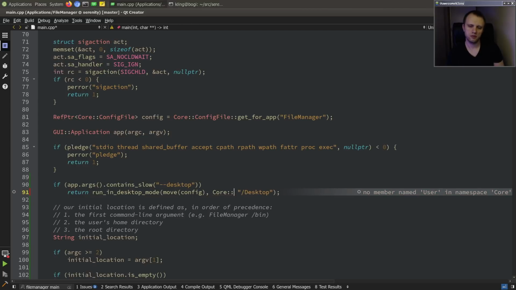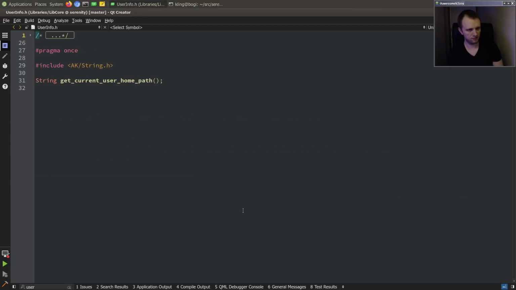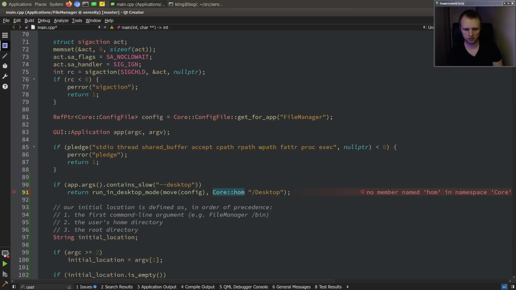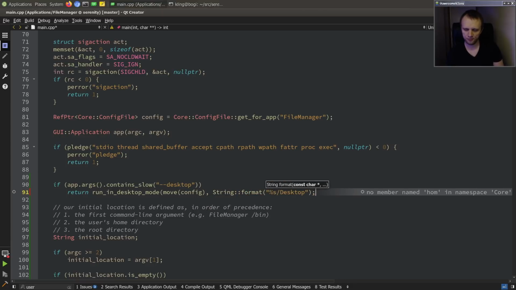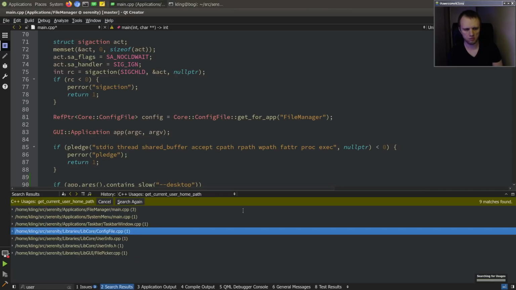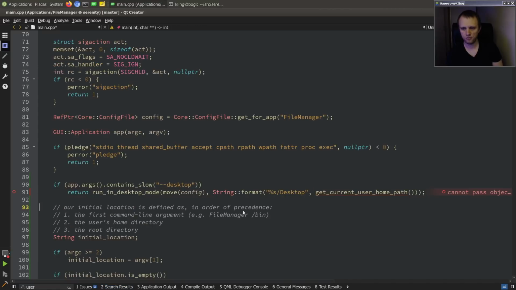Core user home, what the heck is it called? Get current user home path. Okay, I don't love that name, but it is what it is. Core get current user home path. Is that not even in the core namespace? Okay, well, note to self, nicify that API. Anyway,